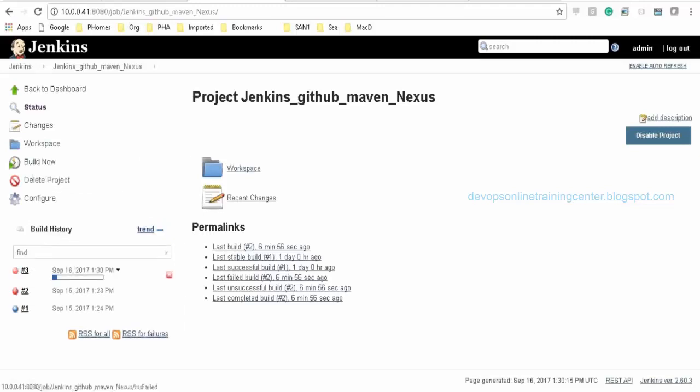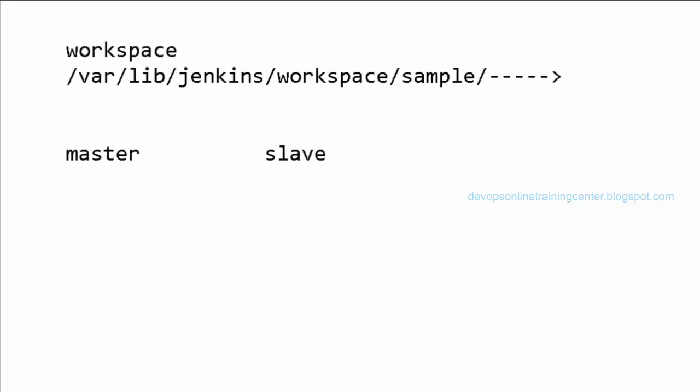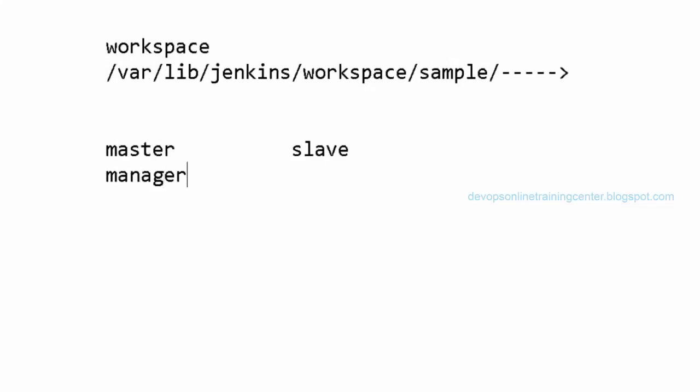Fine. Let me execute this and then I'll explain from the beginning. Okay, this job will run. So what is happening here is when we create a job, that job will have some data, right? So that has to be stored on the Jenkins. So where are the jobs getting executed? Will the job be executed on the master or will the job be executed on the slave? Anyone? Yeah, on the slave, right? So you have master, you have slave. Master is something like a manager who delegates the task. Slave is like an employee who does the work, right? So I say I executed a job. So it actually comes to slave.